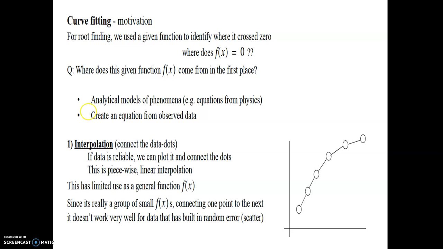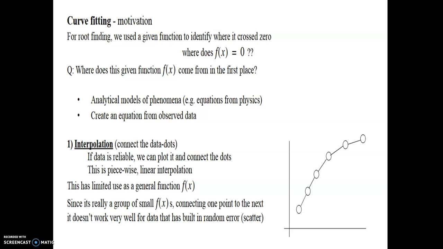For example, from equations, we create an equation from observed data. See, we perform a number of experiments and we obtain some data. That data is known as observed data. We have a number of variables and we create an equation. What we do in mathematical modeling is that, as we have seen, a physical problem is converted into a real world problem. Likewise, over here, from the observed data, we are forming an equation.